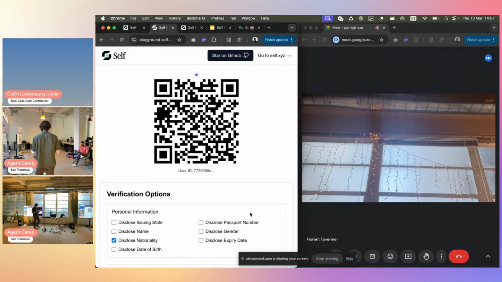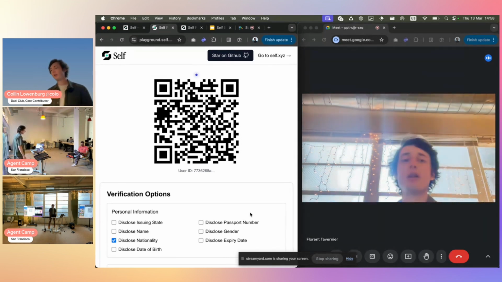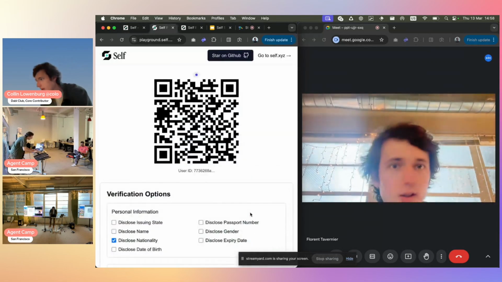It's about knowing the source, right? Where is it from? Is it from an actual human? Or is it just some stuff that has been generated by GPT 3.5 for a few cents that did a bunch of pages or random tweets that try to manipulate the market or manipulate an election or something similar.